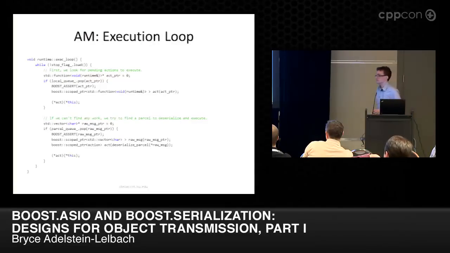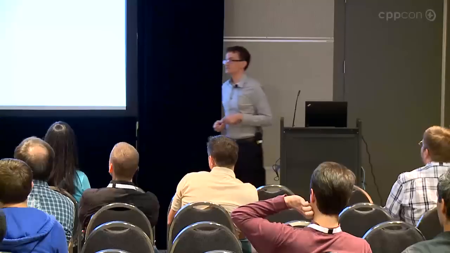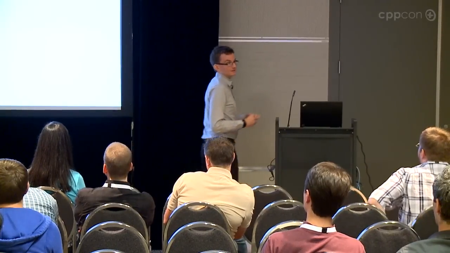So the first thing we're going to do is look for pending actions to execute. This is a pretty basic scheduler design. If you've got the choice in a scheduler between maintenance or doing actual user work that doesn't require maintenance, you want to do the user work first. You can do the maintenance later in a sort of aggressive scheduler. And if we don't have any user work to do, then we'll go and do maintenance.